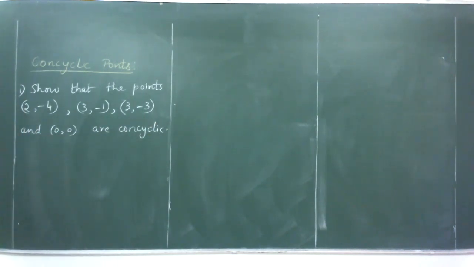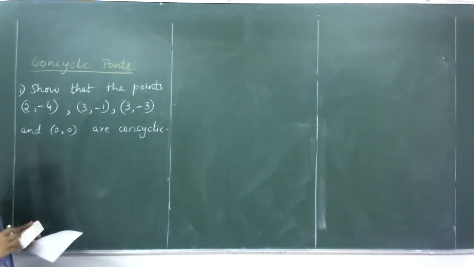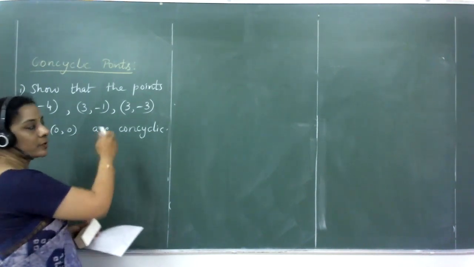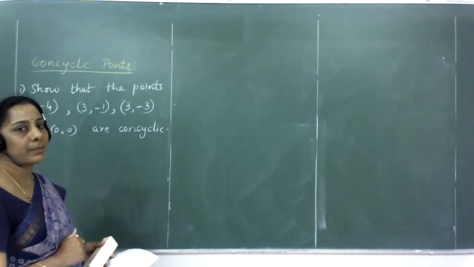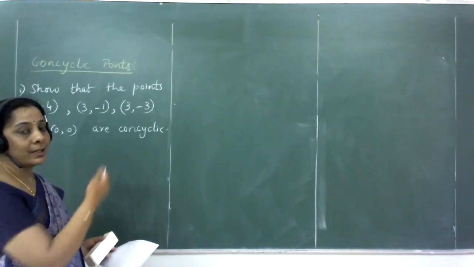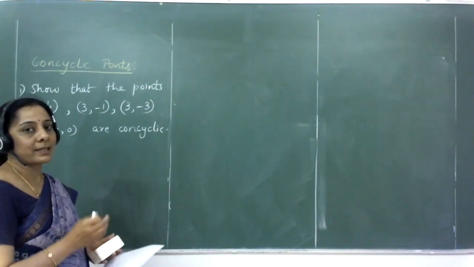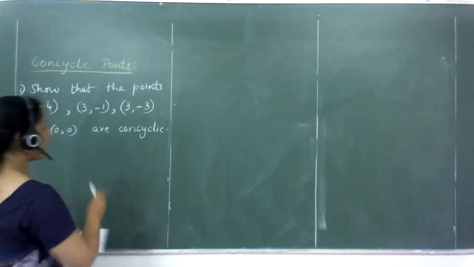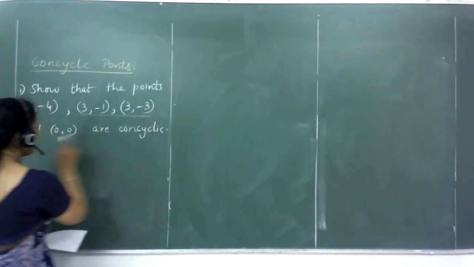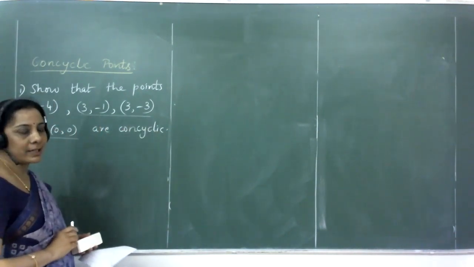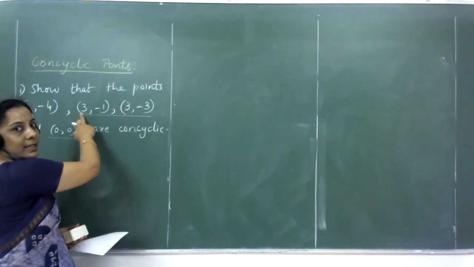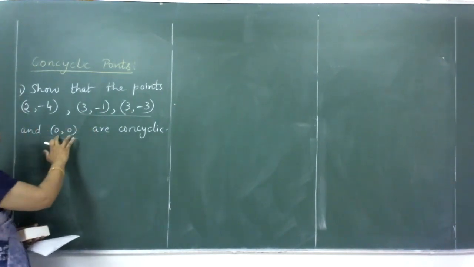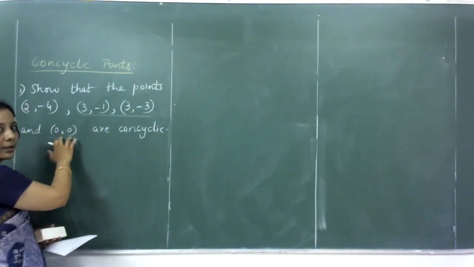I have to verify if the 4 given points here are concyclic or not. As said earlier in the method, we will choose 3 points randomly and first find the equation of the circle passing through those 3 points. Now the choice of 3 points is according to our convenience, and to me these 3 points are convenient and easy, because we have the same x coordinates in the second and the third points, and the last point coordinates come as origin.